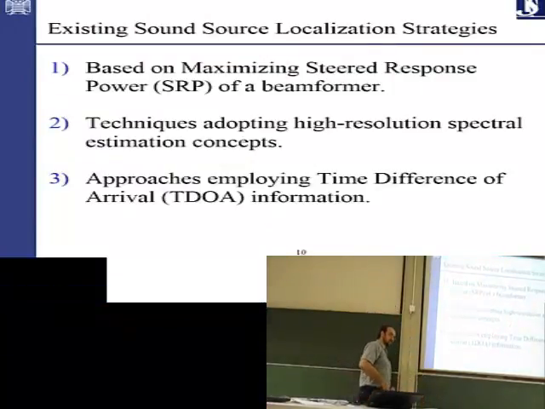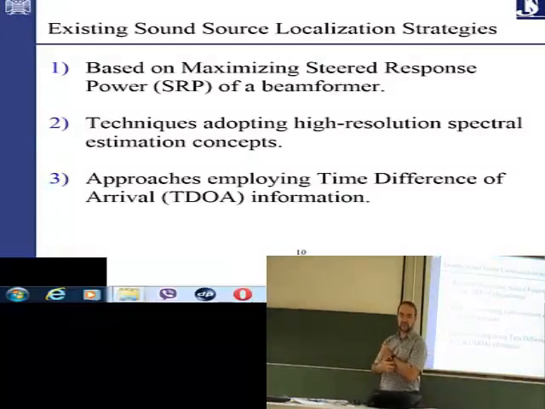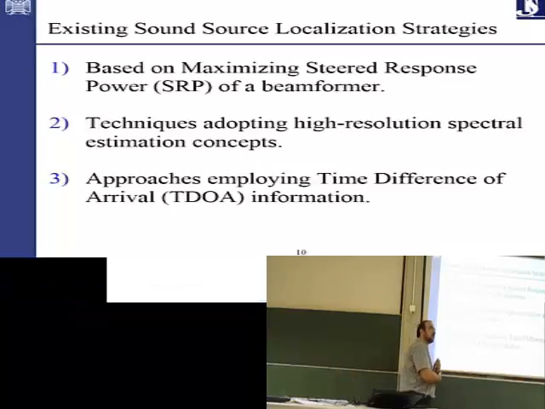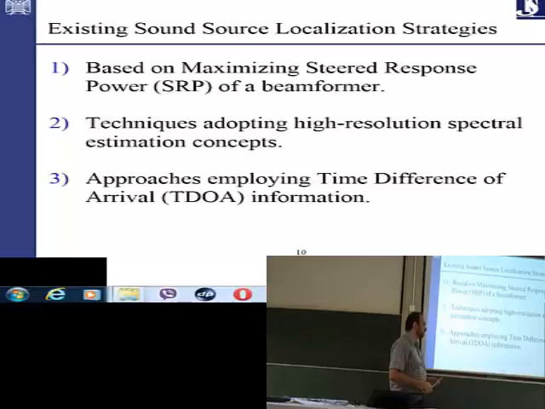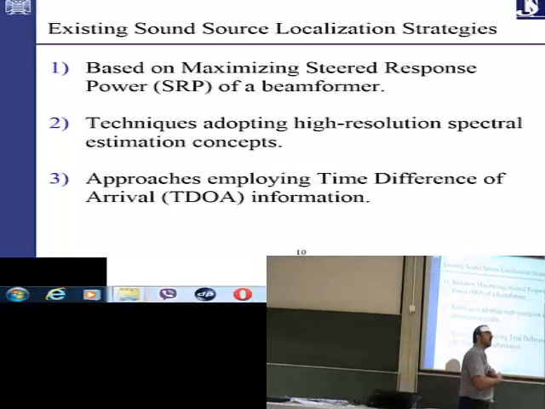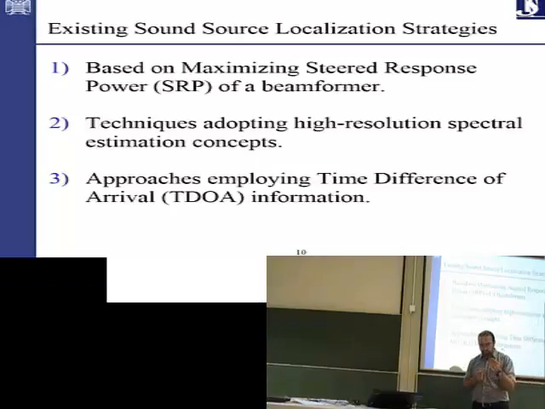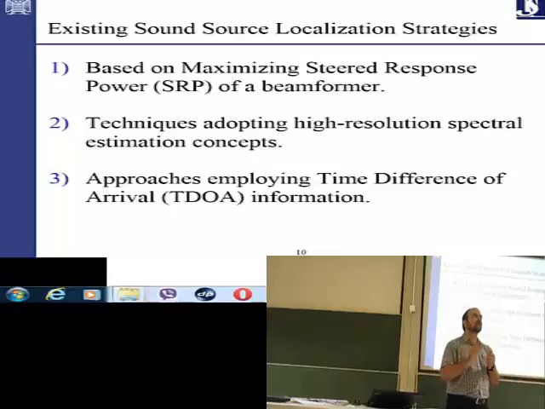So the first goal is how to localize the sound. There are 3 different techniques to localize a source. Here, it is an acoustic source. It can be used also for radar. So what I say here exactly goes for radar, but for radar it is a bit simpler. I'll tell you why. The first difference is that a radar tracking system is active tracking. What does it mean by active? It means that we have a transmitter that transmits a signal with different frequencies over the entire 3-dimensional space,